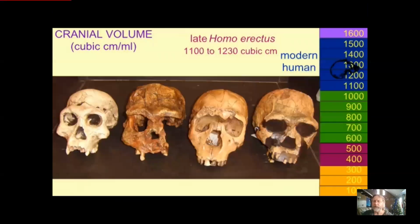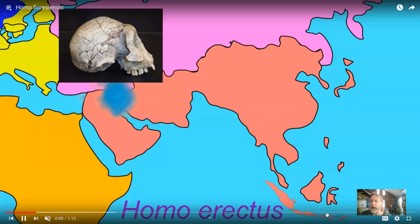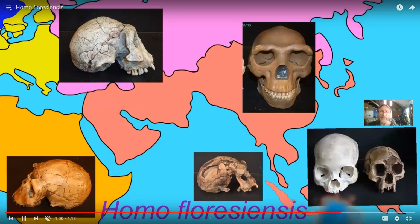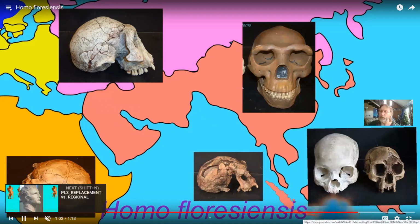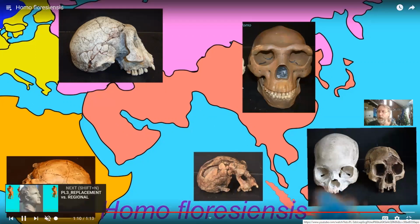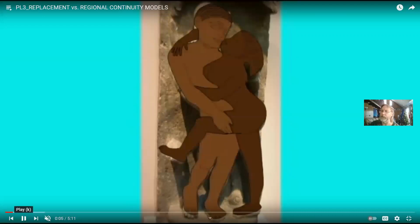Now, as Homo erectus spread throughout the planet, there were multiple species of Homo which evolved, including a dwarf species where adults would stand maybe only 3 feet tall, that lived on the island of Flores in Indonesia. So this species of human here is known as Homo floresiensis. So just as we could see in any group, there was diversification throughout the world with multiple species appearing. The same thing would then be true in modern humans. And then we get to the interesting question: what then happened between 200,000 and 300,000 years ago with